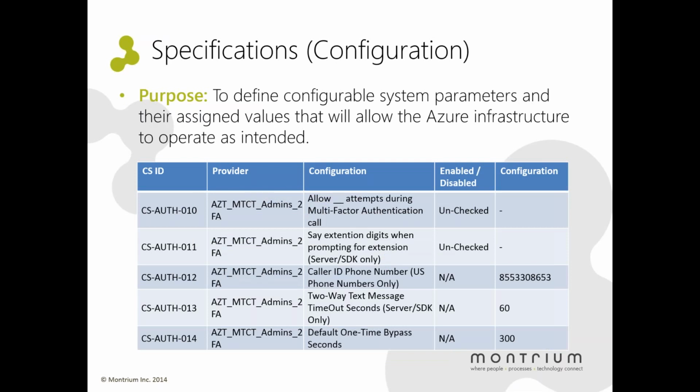The last specification document is the configuration specification. This document serves to define the configurable system parameters outside of operational data and their assigned values that would allow the infrastructure to operate as intended. The format of the document is a big, large table, and we opted to use Excel to create this table. In it, we captured all of the configuration parameters and their assigned values, which we specifically selected on purpose in order to allow us to meet the specified requirements, in order to allow us to reduce the risks that we identified during the risk assessment process, and also to allow us to leverage whatever knowledge we had acquired during the proof of concept. Each configuration parameter, like the requirements, is assigned a unique ID, and that also is to facilitate